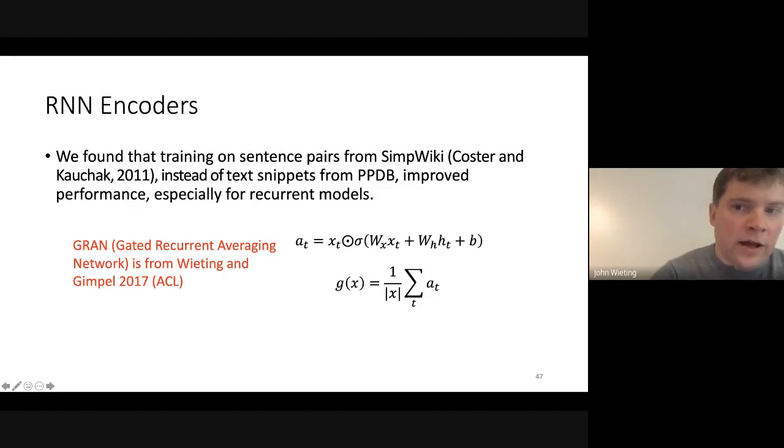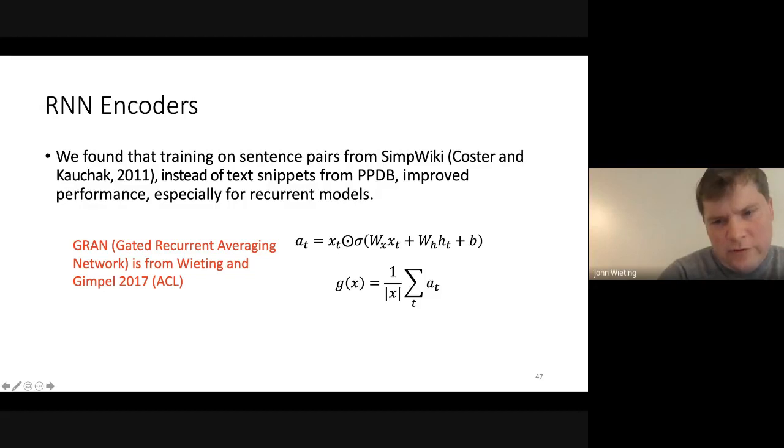And so what we started to do is play around with sentence paraphrases. We found this resource called Simple Wiki, which is basically Wikipedia mapped to Simple Wikipedia, which is essentially a Wikipedia that's written for people in grade school or people that are new to English. It's a simplified version using simpler vocabulary and shorter sentences. But it's a source of paraphrasing. And so we experimented with that.